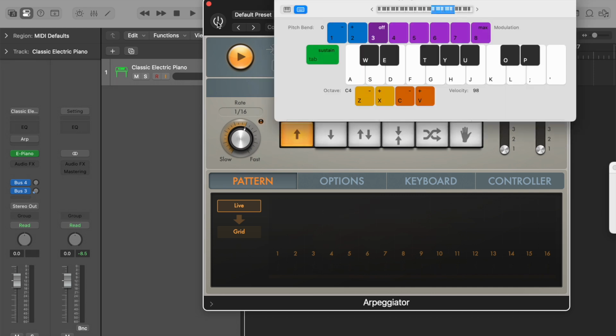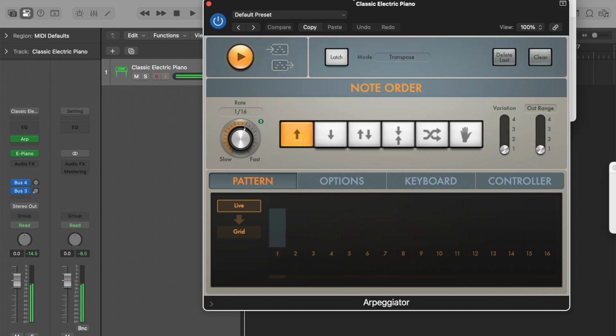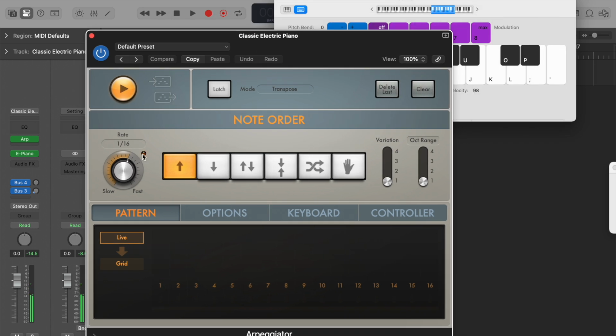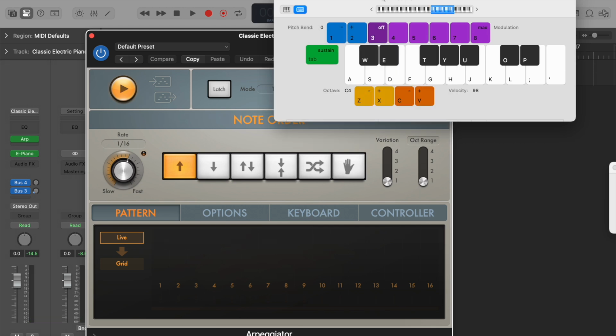So if I play a note, you're just going to hear that one note get played. If I turn the arpeggiator on, it will repeat that note at a rate of 1/16, so 16 of those per bar. Now where it comes into its own is when you play chords. For example,